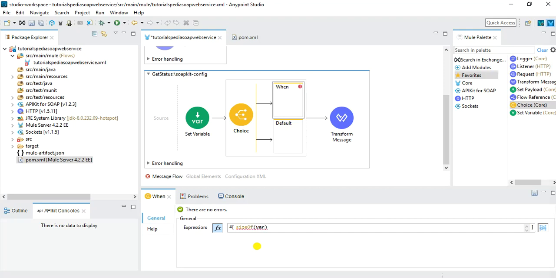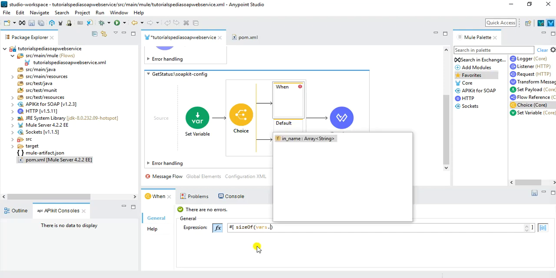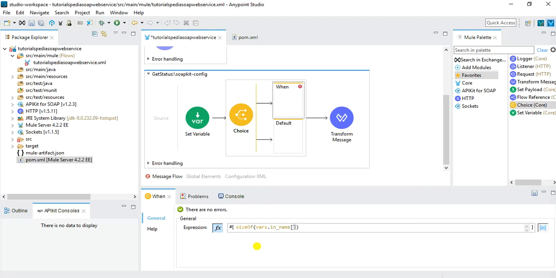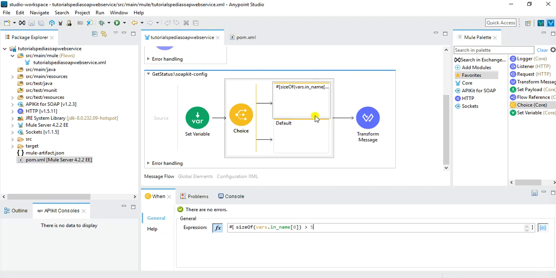So I can get the variables using vars.in_name, and since it's an array, I need to specify the index. The index starts from 0, so the 0 index is the place where the actual name will be saved, and I will choose greater than 5. So now if the length is greater than 5, I will transform the message here. So I will choose this transform message,